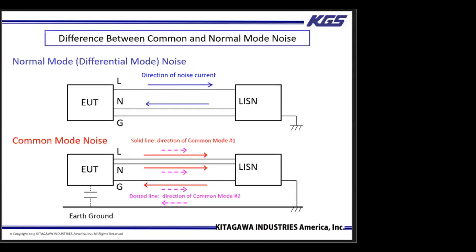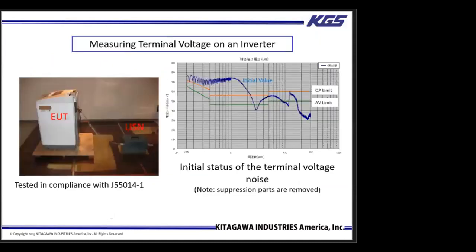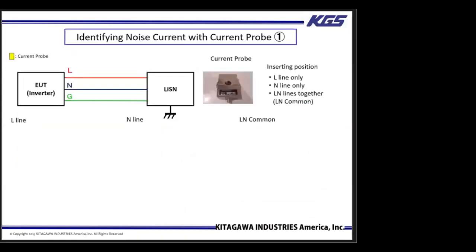We know these common and normal mode noise exist, and next we will show you how to identify them. The following graphs are the test data that we obtained at our EMC center using a LISN and spectrum analyzer. In these tests, the EUT is a washing machine with an inverter. In this graph, we tested the L line only, measuring the noise from 150 kilohertz to 30 megahertz. This graph shows that the washing machine is not in compliance because we removed all the noise filtering components to run this experiment. As purchased, this machine satisfies all compliance standards.